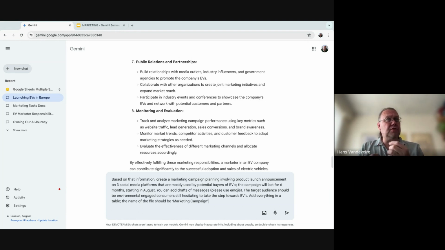I would like to have some simple draft messages already. I am also indicating what kind of audience we are talking to: environmentally engaged consumers still hesitating to take the last step. And we should have everything in a table. So I'm asking to create something that I can actually then use, right? So let's see what would be the result of this